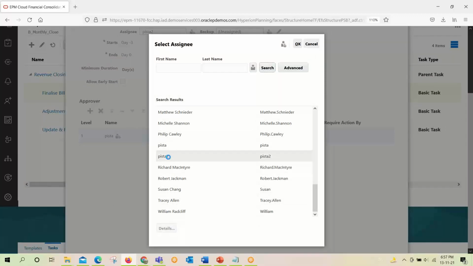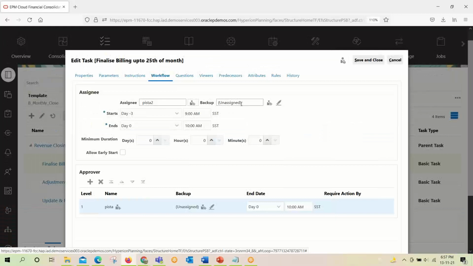Since this is an individual assignee, we have the option of providing a backup, in case Pista 2 is not available, and the backup can be provided here itself.